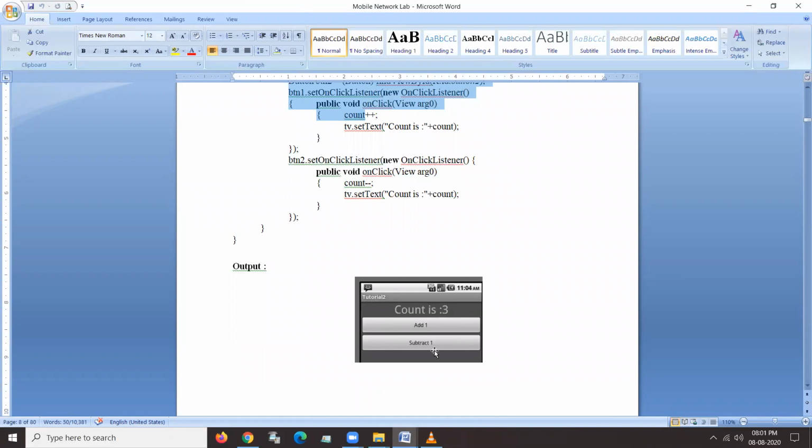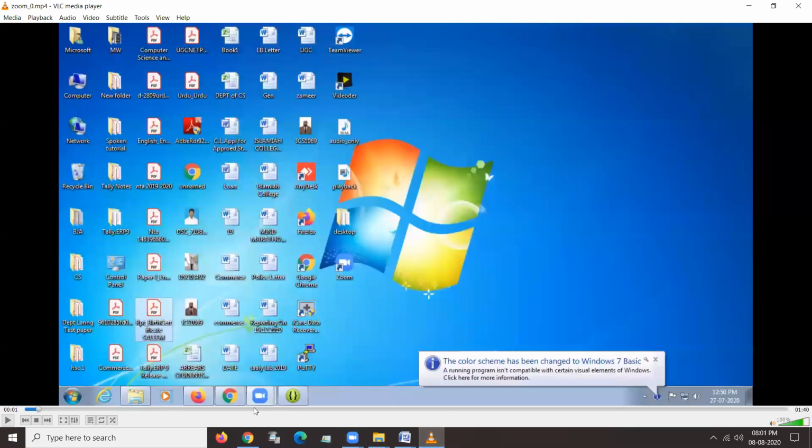Next you can first go to the design layout. So this is the Android layout. One is a command button, add one, and the second command button is subtract one. Another one is text. When you click command one, it automatically changes the counting 1, 2, 3, 4, and with the other button you can reduce it: 4, 3, 2, 1. This one. Okay. So let's go to the program.